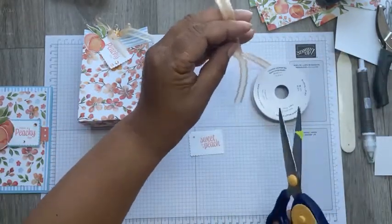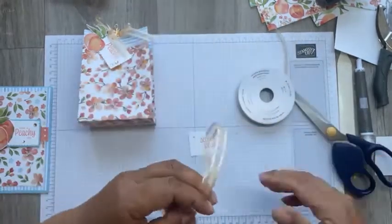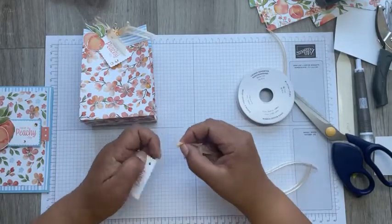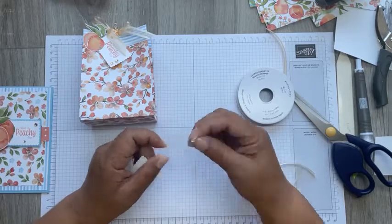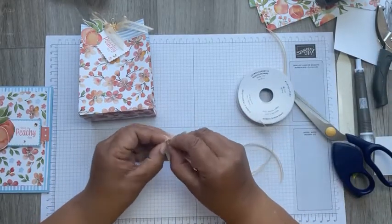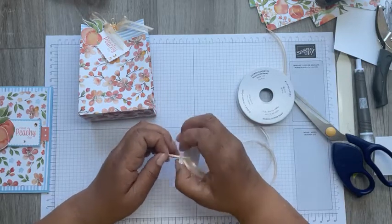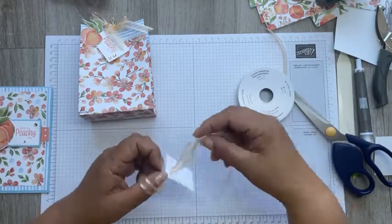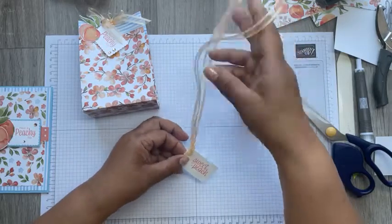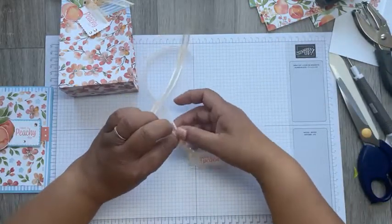and I want quite a big ribbon. I might have to cut some of it off. I'm going to have a big bit. So this is what I tend to do. Other people tend to do it differently. So you've got to halve your ribbon, pop it through the hole from the back, and then put it through there, tie a little bow,